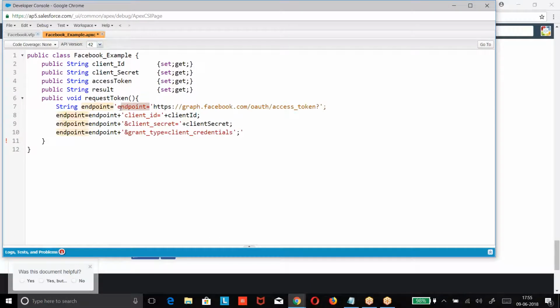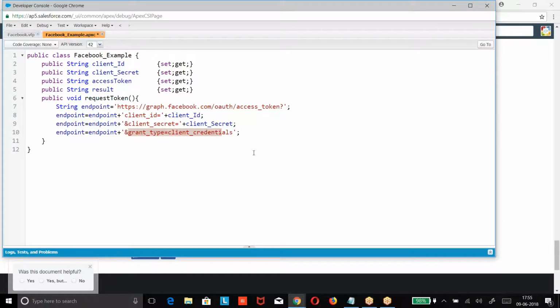So we had endpoint equal to so and so. Endpoint equal to endpoint plus client ID equal to client ID ampersand client secret equal to client secret grant type equal to client credential. This is clear for everyone. This is the URL, client ID, client secret, grant type.